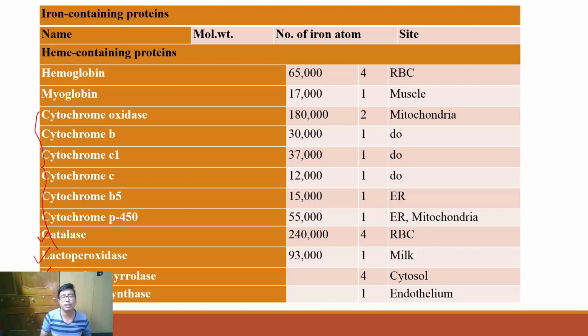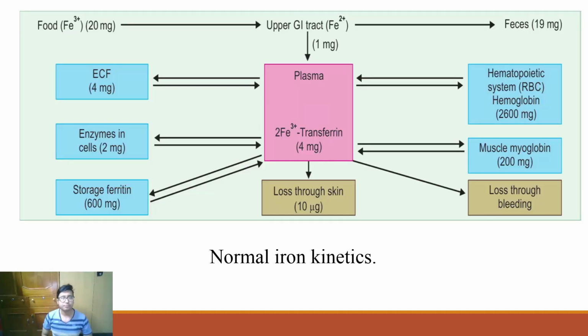But not for now, you can simply skip these two slides just by remembering two proteins and two enzymes. Okay, so we come to the next part, which is a bit interesting. That is the normal life cycle of iron. Not the life cycle, but the normal kinetics: how iron is actually dealing with its cycle in the plasma.